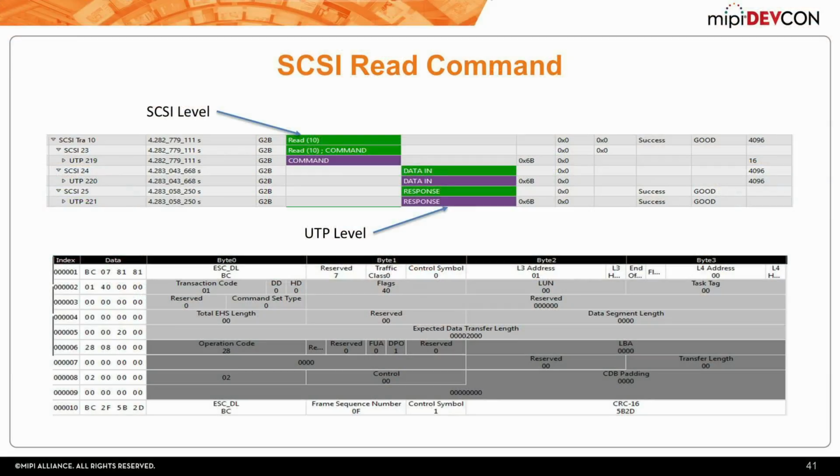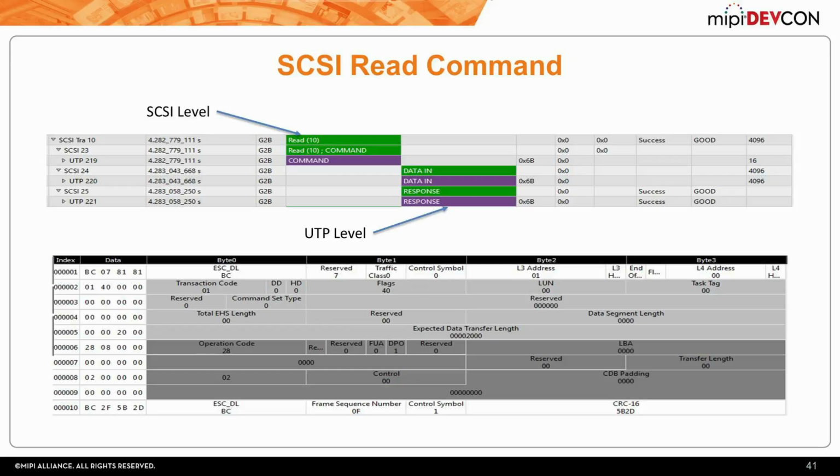So if you took a trace capture, what does it look like? A SCSI command is going to look like a read 10 here, and then what we show here is the components of that command. So these are all made up from UFS or MIPI frames, UniPro transport, and then the UFS components shown here. So we have the read command and then the data transfer. We can see the opcode here is a 28, so it's a standard SCSI opcode